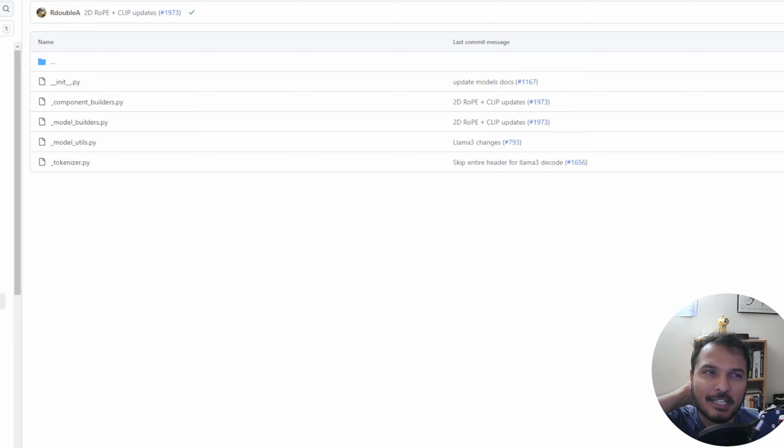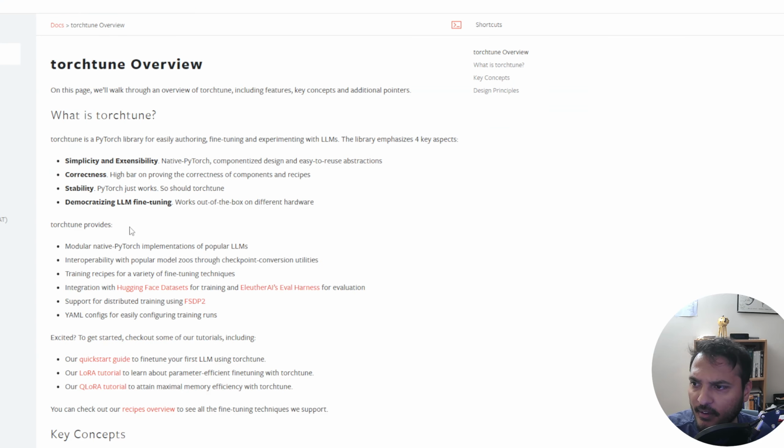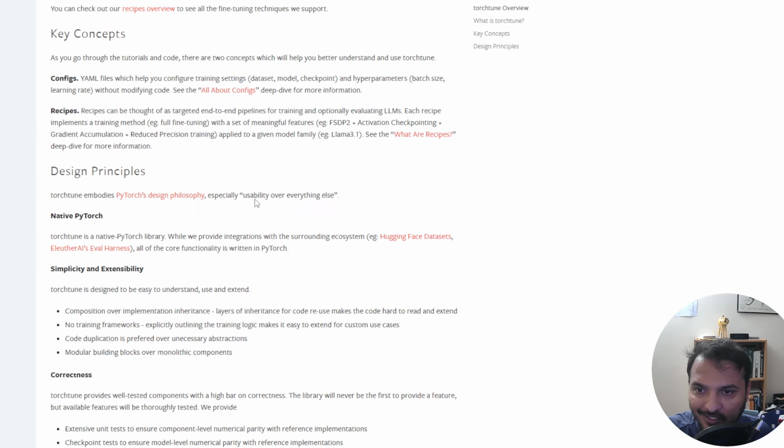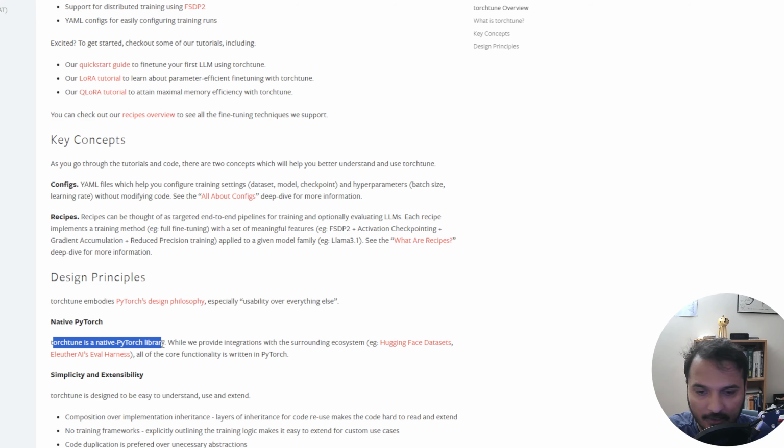So far this library only supports a few models. It is not as extensive as the Hugging Face trainer, because the Hugging Face trainer can literally take a PyTorch model and train it however you want. So this is just PyTorch's attempt to build a trainer within its ecosystem using their own design principles and so on, which is fine. They have neat documentation which talks about the design and how everything is native PyTorch,